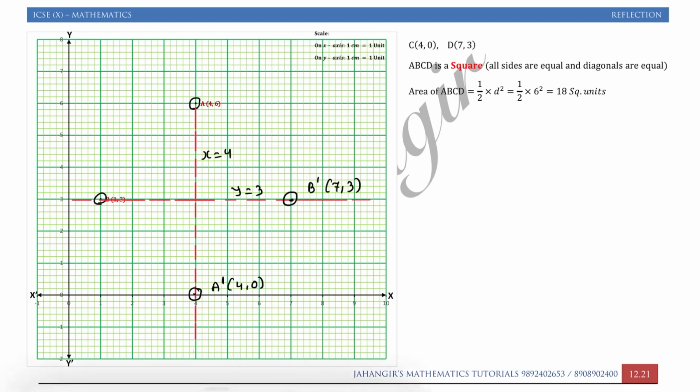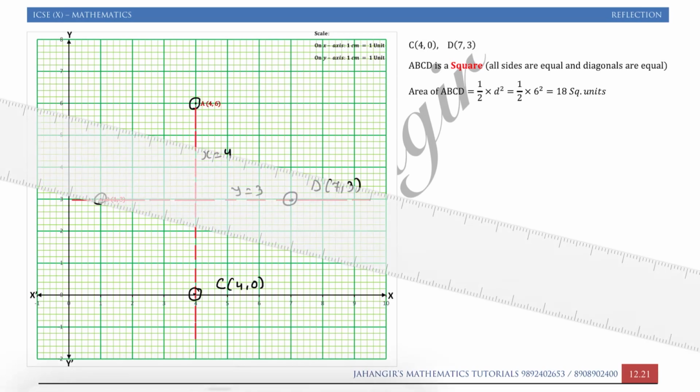Sorry, it becomes C and D. I need to change the coordinate. A, B, C, D. So A, B, this will become C, this will become D because A, B, C, D is a figure. So you have to go either clockwise or anti-clockwise. Now we will join